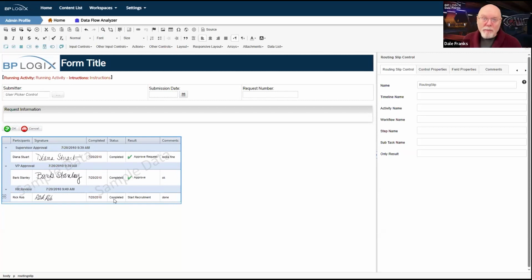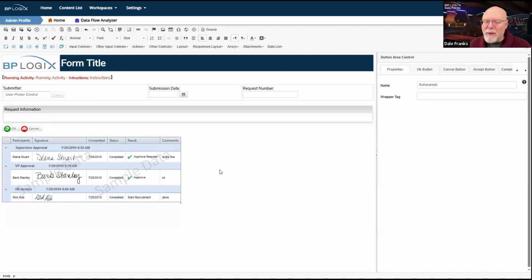It's available. People can see it if they want to scroll down and scroll through it, but I'm not going to require people to scroll through it. If they just want to open the form, look at their stuff, and click OK or submit or approve or whatever the button is that they see at the bottom of the form, then we want them to do that without putting the additional burden of additional scrolling onto them.